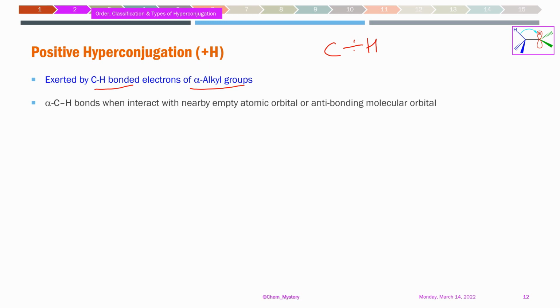So with respect to this CH bond, this is going to be our electron donating effect, and this electron donating effect we are recognizing as the plus H effect for the CH bonds which are present at the alpha position of the